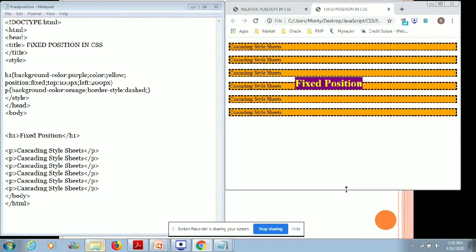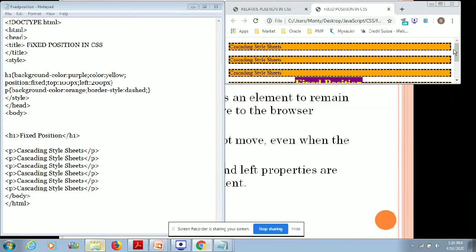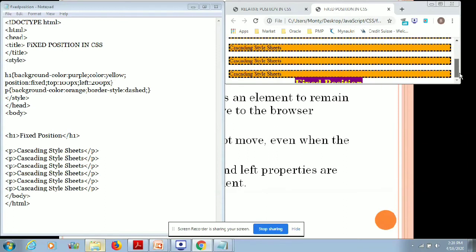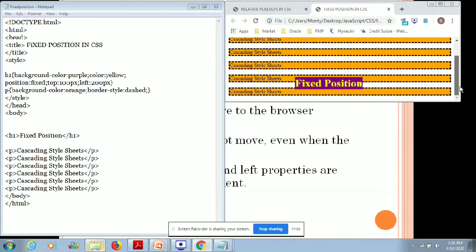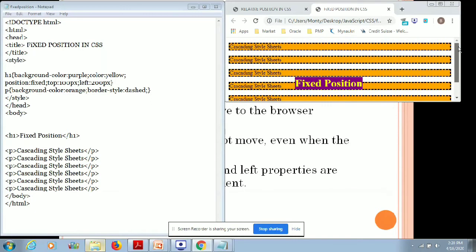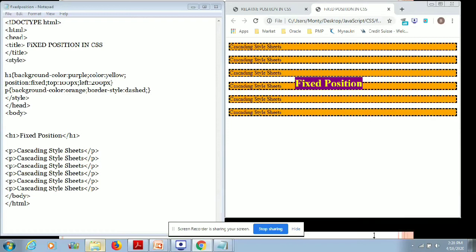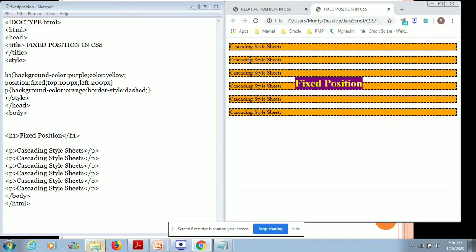I do not want it to change position even when I change the size of the browser. We have the scroll bar. Everything else is scrolling, but this element H1, which is defined as position fixed, is not moving. It is fixed. Also, if you have observed, it is irrespective of the different elements which are placed. It takes its position which is specified over here. It does not see what all other elements are, where they are placed. It is just going to come out of the page flow and place itself depending on the positions defined.